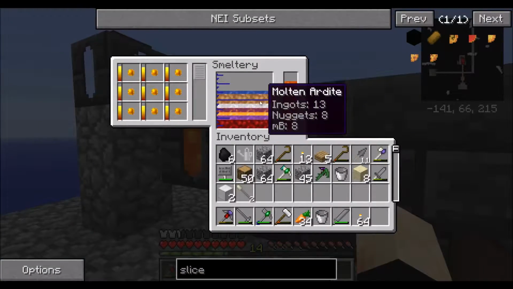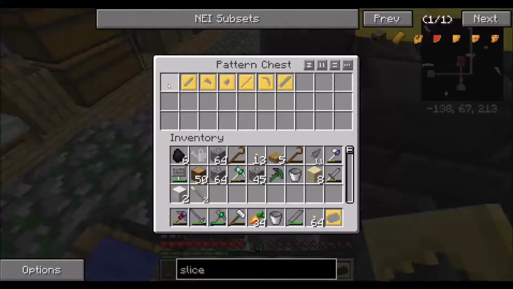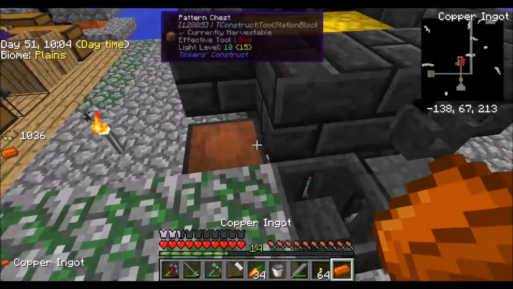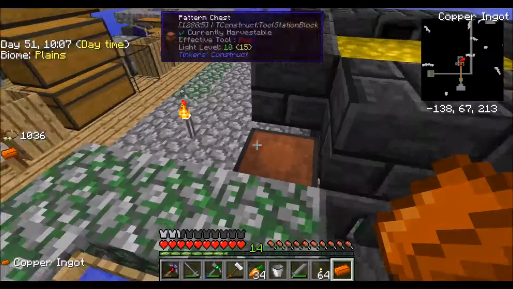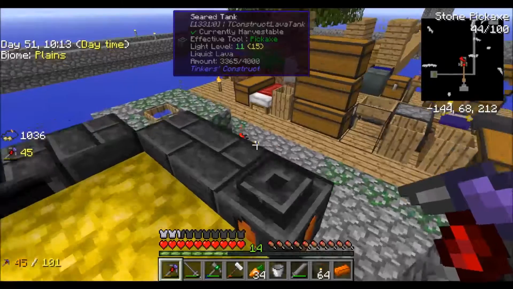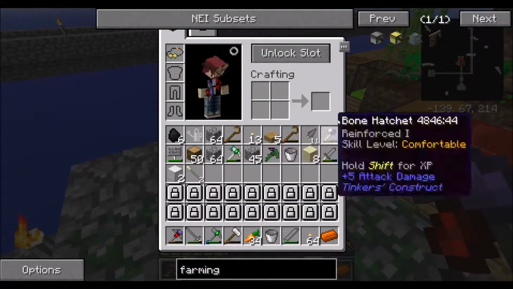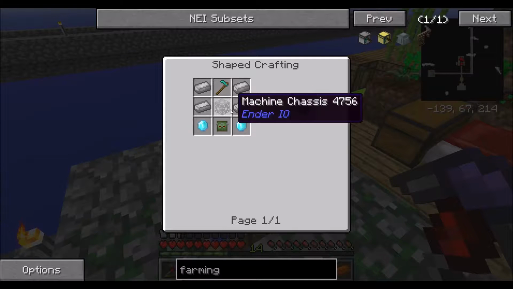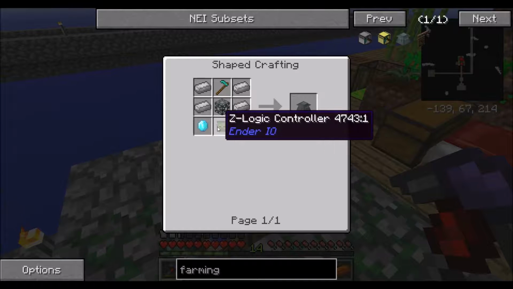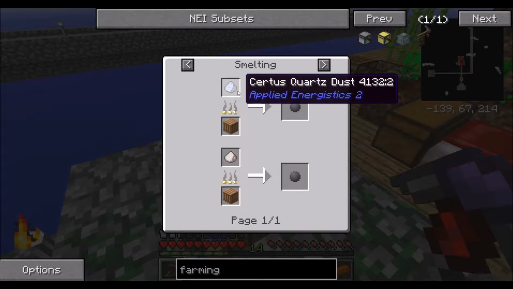So we also need 1 copper ingot. There we go. And then after we make this slice and splice, we should hopefully be able to just make a farming station. Which is another machine chassis, 4 electrical steel, a diamond hoe, 2 pulsating crystals, and a Z-Logic controller. So we're going to have to work quite a bit